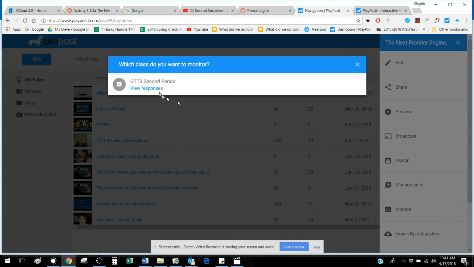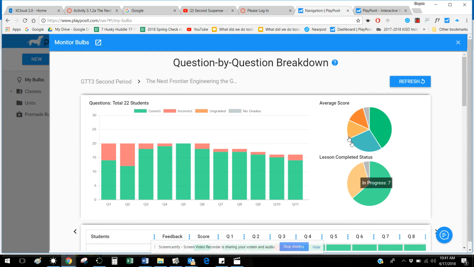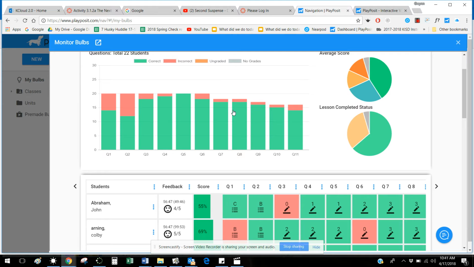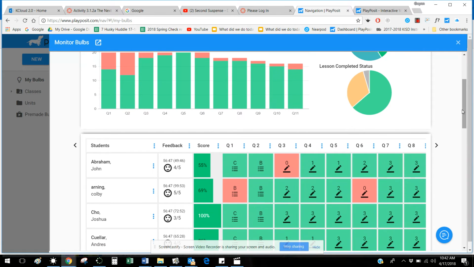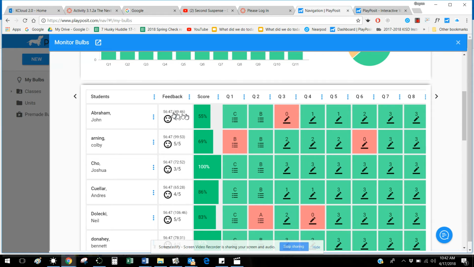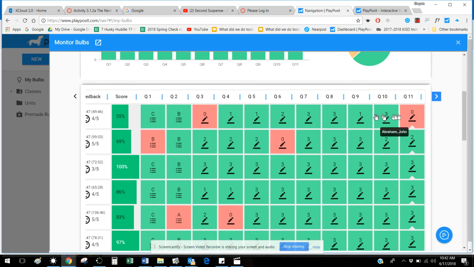Well, when they get done, here's what it looks like on my screen. I get this nice little summary of, hey, here's what they did. Of course, with multiple choice or free response questions, these things are a little skewed because they're not scored yet. But after you score it, that's kind of what it will look like. And then it tells me the video was 56 minutes, 47 seconds, which was, like I said, too long. This kiddo spent 49:46. And when we click down here, he didn't finish